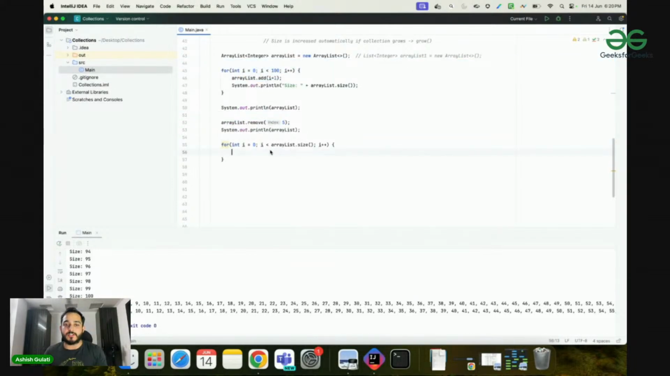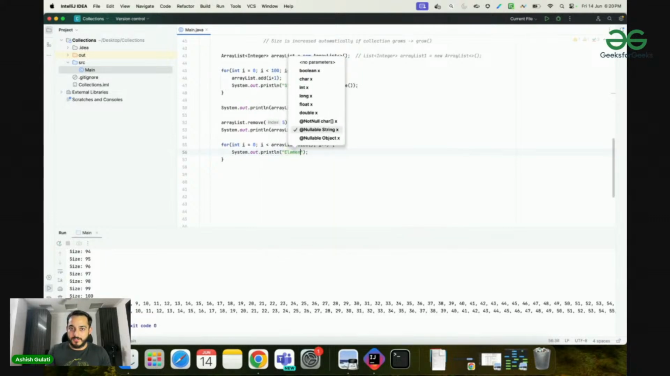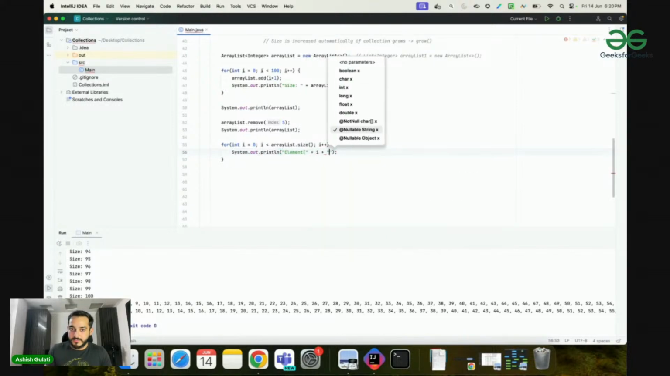So we don't have to worry about that. We can directly do less than equal to array dot size, right? So let's do system dot out dot println, and now we need to get each element one by one, right? So let me say element, this plus the index, plus this, and after this let's say this,